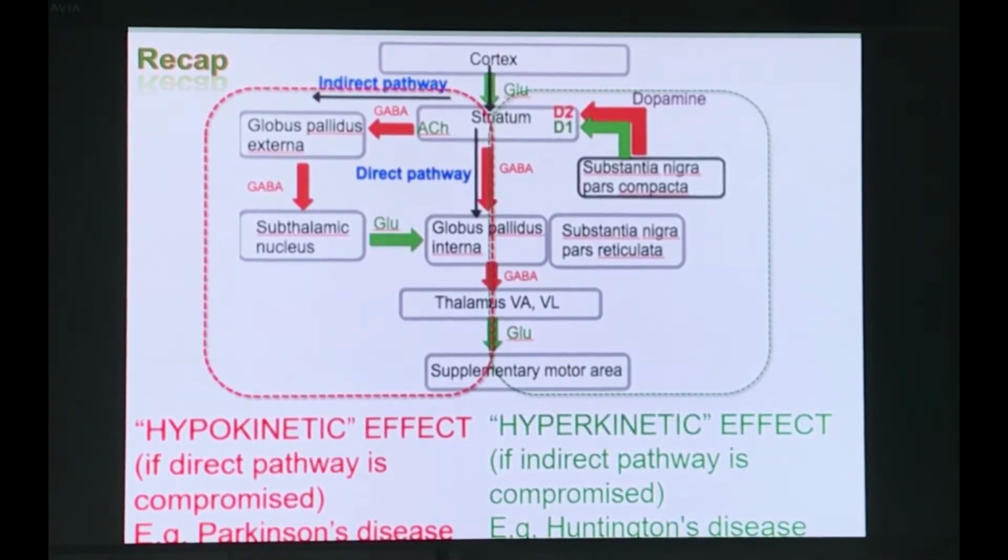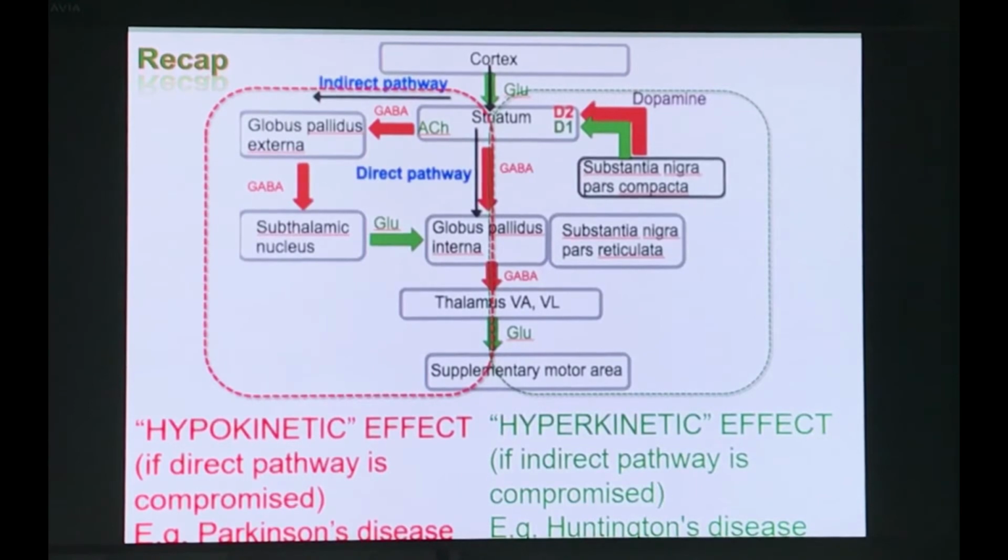So when you see the neurotransmitters, for the appropriate functioning of the basal ganglia, there is influence from different neurotransmitters, but for the proper functioning it mainly requires dopamine. It mainly comes from the substantia nigra pars compacta, which goes to the striatum, and the dopamine action depends upon the receptors, whether it is D1 or D2 receptors. So dopamine has a dual excitatory function.